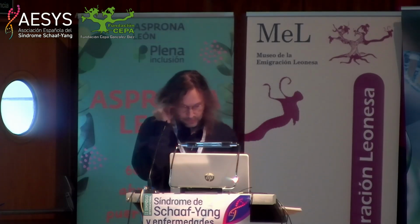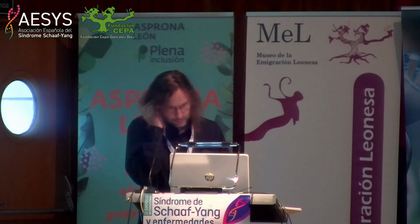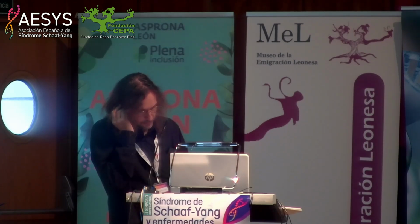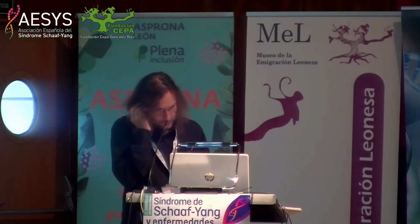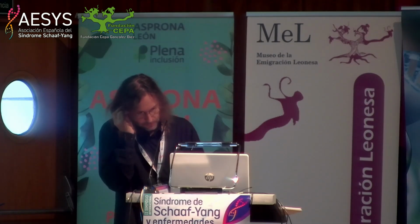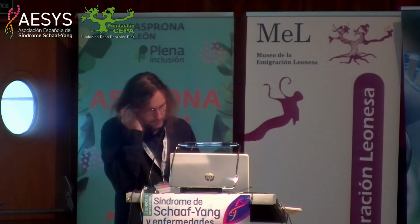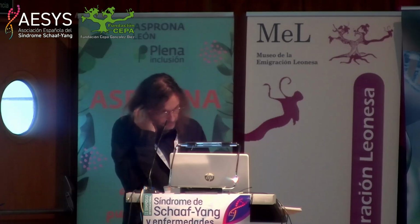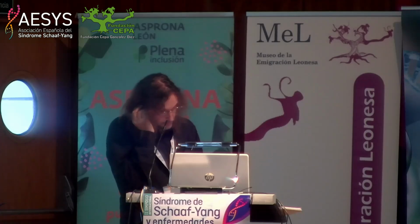Well, the lack of oxytocin for sucking is a problem of motor activity controlled by the brain. I think that now we have enough data to show that, and that's fine. In terms of microbiota, you have to know that oxytocin receptors are expressed in the gut. So it means that oxytocin via the milk, for instance, because there is oxytocin in the milk of the mother, okay? So it's possible, but it has not been shown yet, that oxytocin coming from the milk given by the mother is going to activate oxytocin receptors in the gut